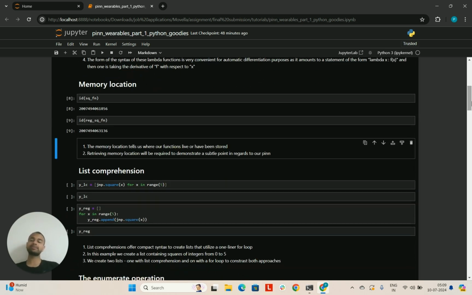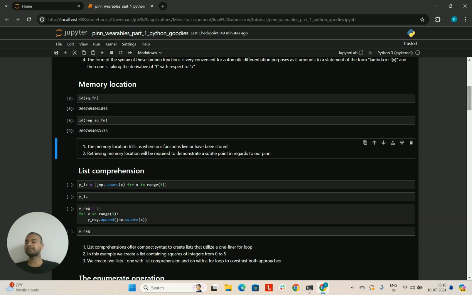The next concept I want to talk about is list comprehensions. Let's say you want to create this data structure called a list in Python, and you're doing some sort of iterative operation. Let's think about squaring the first five whole numbers, so 0, 1, 2, 3, 4. You might want to square all of them and just put them in